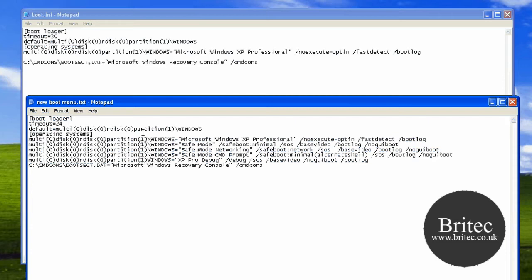Mine are all ones, so it doesn't really matter. If yours is partition 2, you just need to change this letter to 2, but normally 1 is pretty much what it is. So just check to make sure this bit is exactly how it should be. Okay, so once you've done that, this is what is going to show up in the actual boot